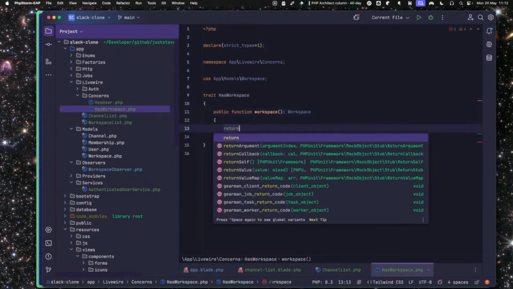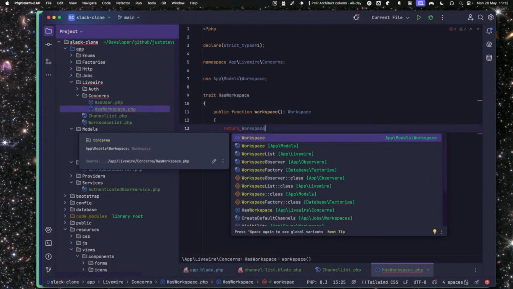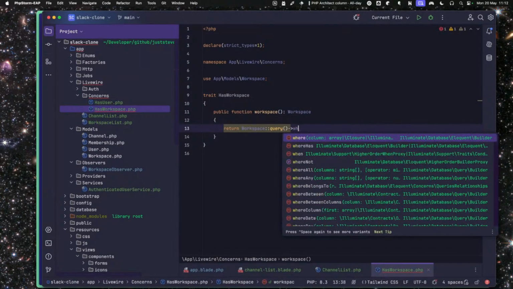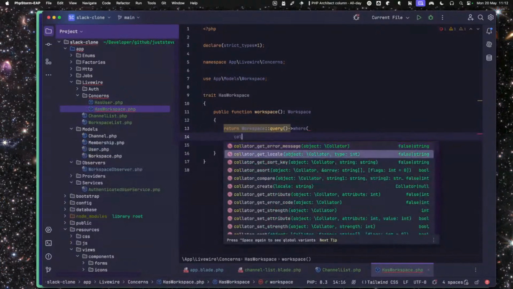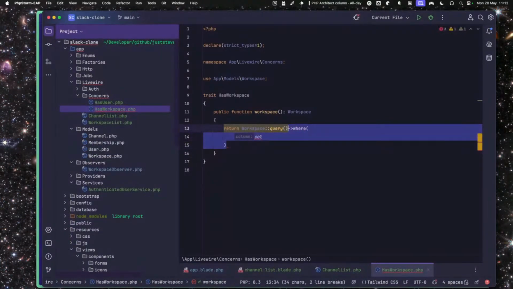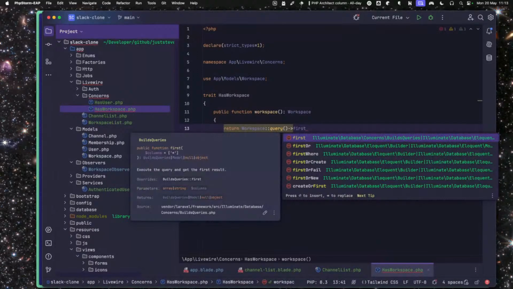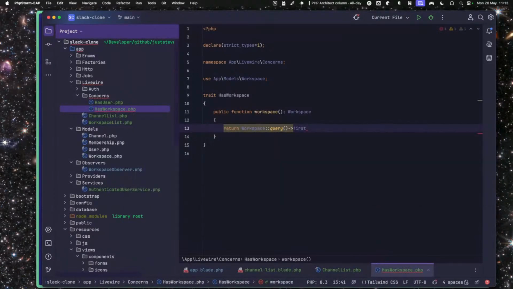And what we want to do is return Workspace query. No. Maybe where the... not where, we want to do like a find, don't we? Does first accept an ID? No. First where